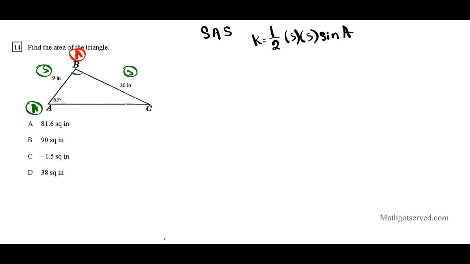So if we can find B, then we can use the area formula. Let's write down a remark real quick so that we know what our focus is. Let me erase my labels so we don't get confused. I have two S's, I need an A. In order to use the SAS area formula for sines,